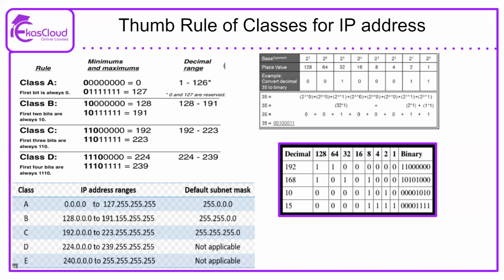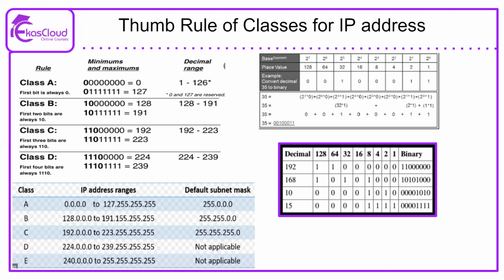Similarly, when we go to class B, the thumb rule states that the first 2 bits are 1 and 0. So the moment when we say 1 and 0, what would be the total value when we set it to 1 and 0? So 1 is nothing but the first, the most significant bit, it will be calculated as 128. And then if you set all the remaining ones except the 2 to the power of 6, which is the 7th value, then it will be